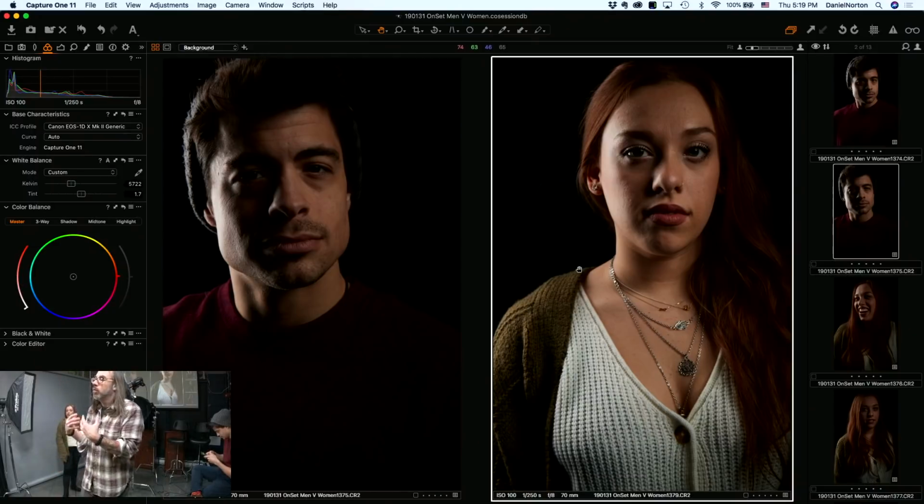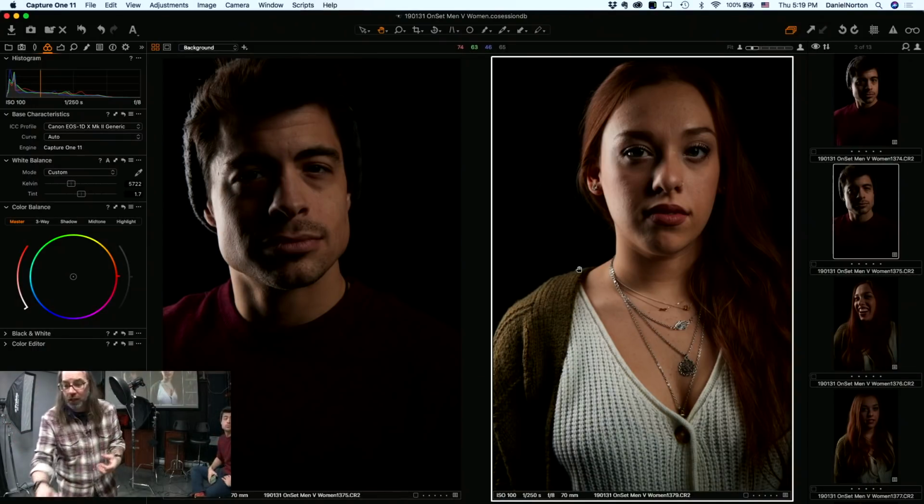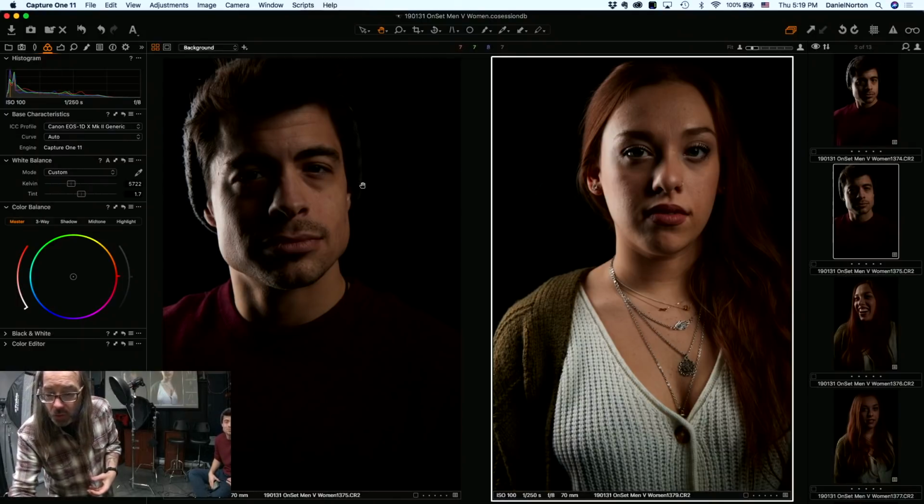That's because for a more feminine light, we want to have more of a wraparound light, a softer light that kind of hides imperfections and blemishes and really brings out the character. So what we're going to do